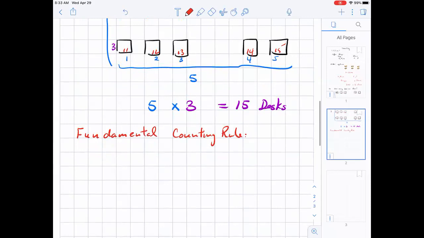And this tells us we can multiply m times n. And what this is really equal to is the number of ways two events can occur,